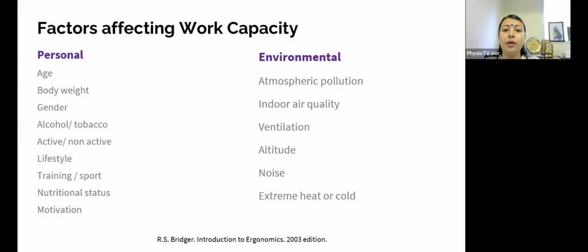Ventilation, so improper ventilation can affect the capacity of the worker. Altitude, so as we all know, higher altitude training is not just required for sports, but also for any demands of the work. So obviously the altitude can also have an effect on work capacity, as can any noise, and extreme